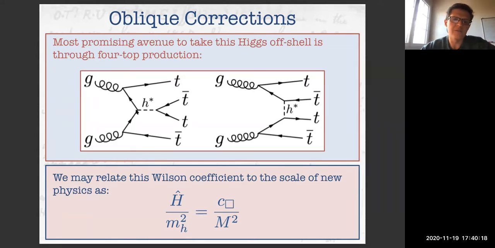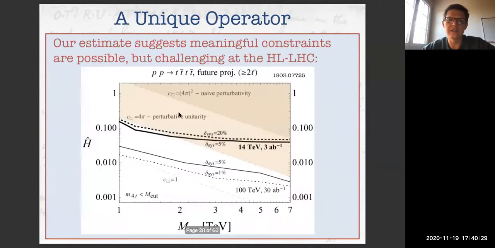And we found that the most promising way to do this is with 4 tops. And for any given assumption about where the operator's UV completed, we discarded any events with a total center of mass energy above that cutoff. And these are the results we get in terms of sensitivity. Here is for different systematic uncertainty assumptions, our projection for high-Lumi LHC. And this is the projection for the sensitivity at 100 TeV. This is the H parameter on the left-hand side here. And this is as a function of the cutoff.